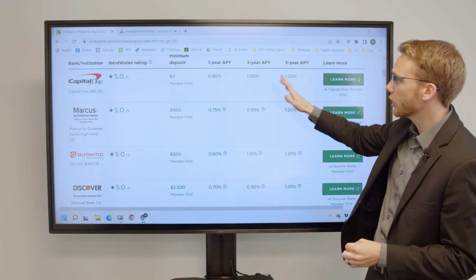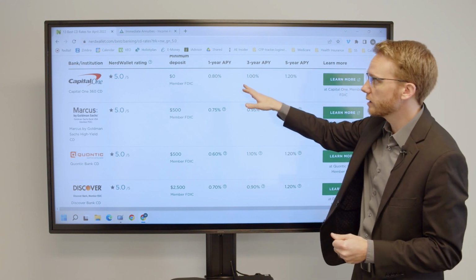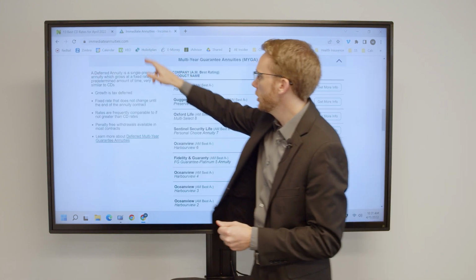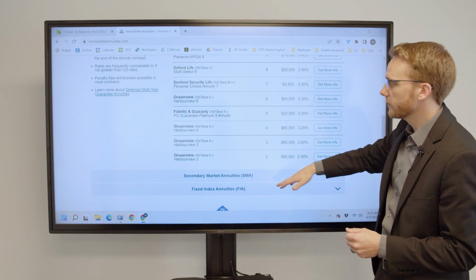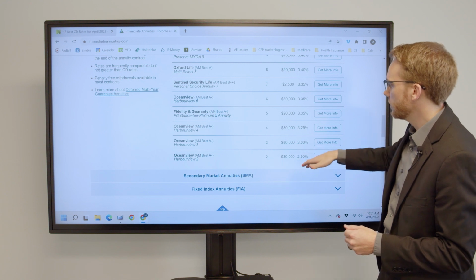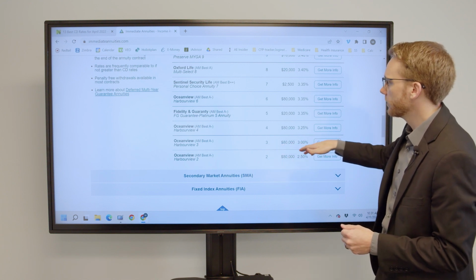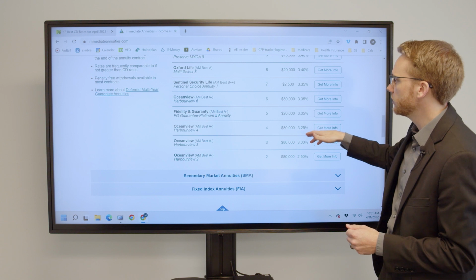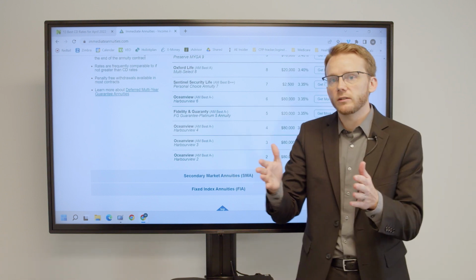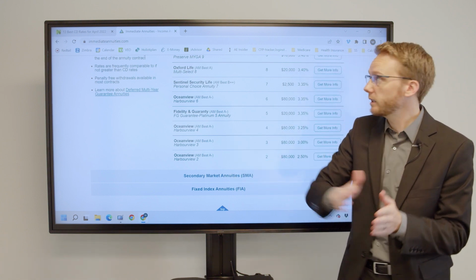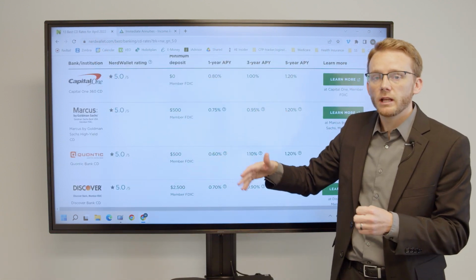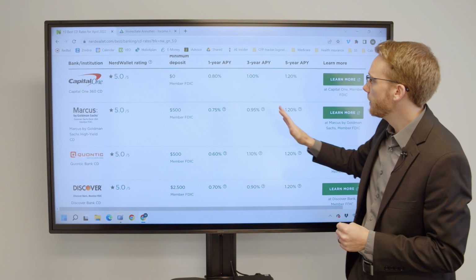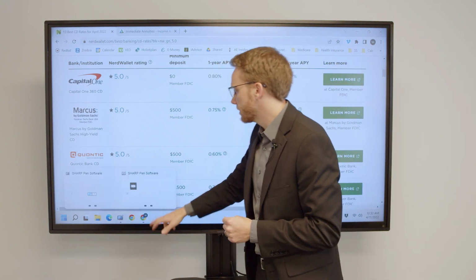So a lot of people will turn, instead of doing traditional CDs nowadays, to things called fixed annuities. So here's a breakout of some fixed annuity options. 2 years, 2.5, 3 years at 3%, 4 years at 3.25. These are still not terribly exciting, but they're definitely better than what we were seeing on the CD chart earlier. There are some pop-up rates that come out too, but there are some key differences that we want to